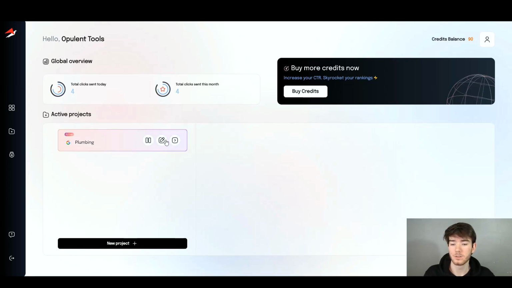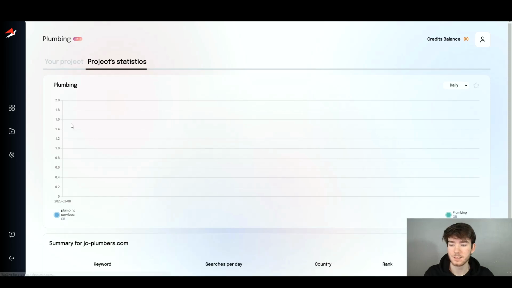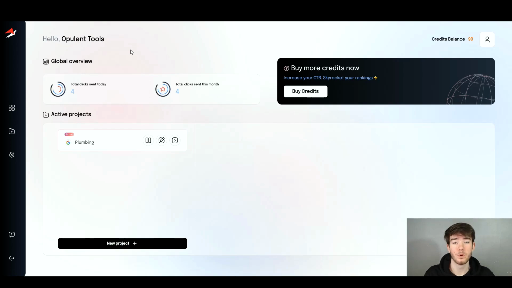So again, if we wanted to go onto the plumbing data and we went onto the statistics, we can see now the data has actually formed a chart where the data is going to start coming through on this software. And down here are our keywords that are appearing now. So you give this as much time as you put in. Again, we did around 15 clicks for each word. So if you went ahead and reloaded the page, it now has 5 total clicks for today, and it just keeps going up and up until it reaches the project settings that we did earlier on